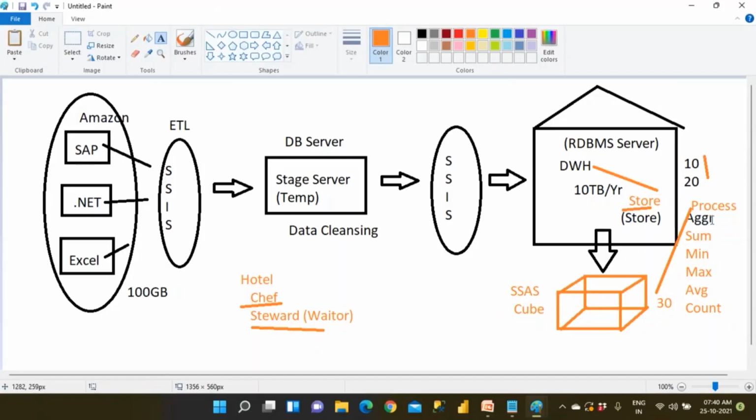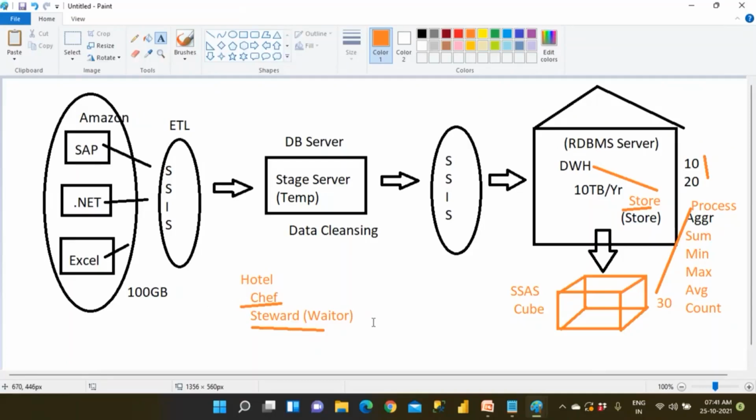You can have the tables data, you can write a query, because it is also one more database. Data warehouse is a database, because in RDBMS, where do you store the data? In the database. Database where exactly? Tables. Tables means we can write joins and everything. We will be able to process. But when you give more work, the chef also can prepare the food and he can come to the restaurant and serve it to the customer.